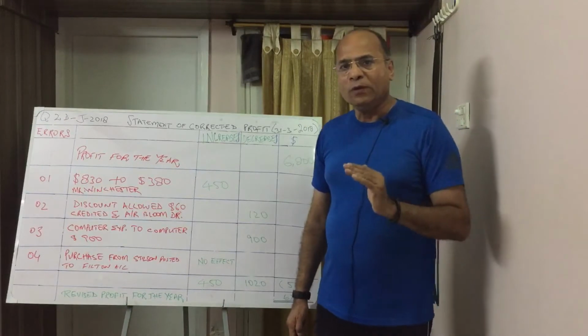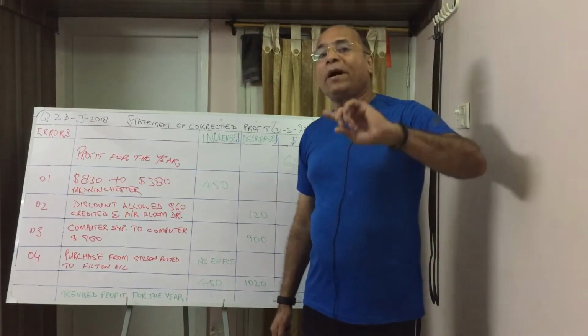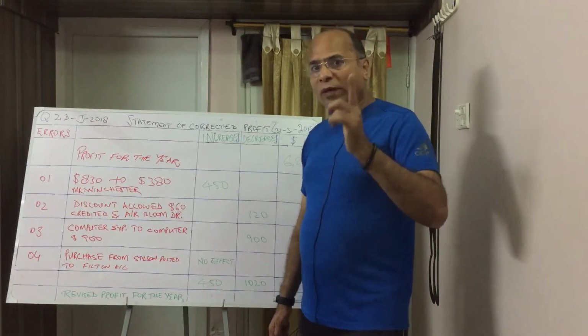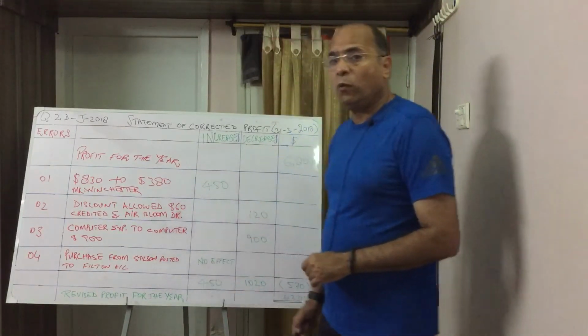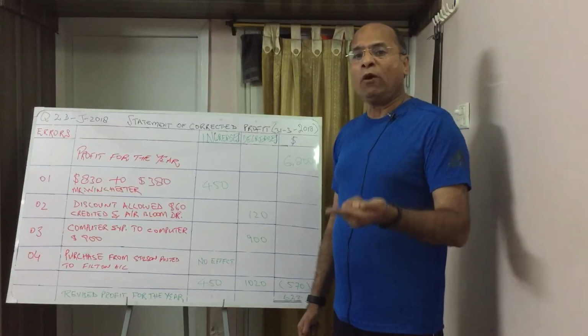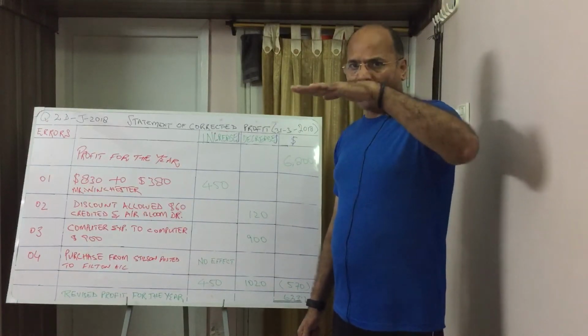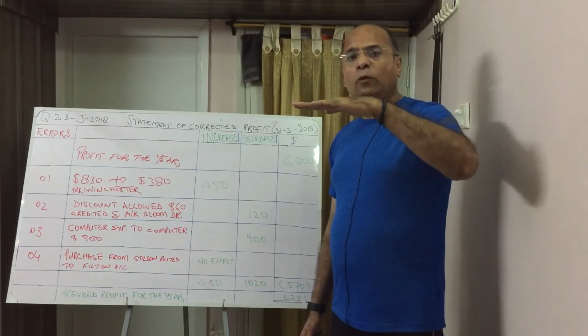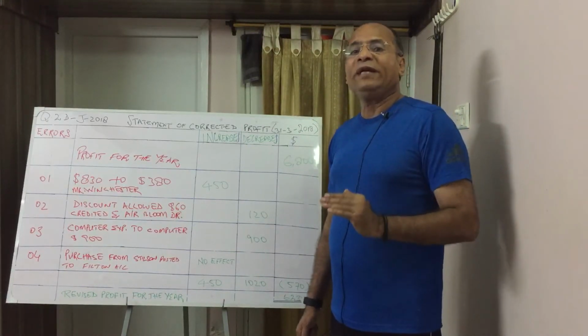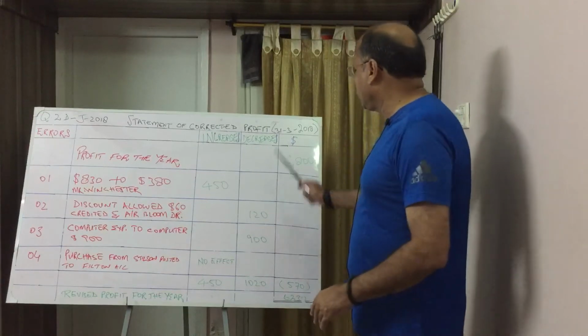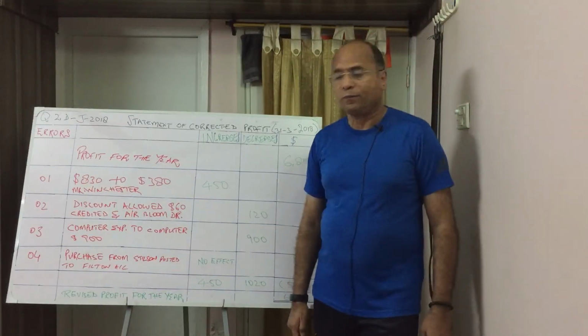So what we need to do, we are supposed to correct the transaction by double. It means we are supposed to record this transaction 60 plus 60, 120. It means we need to record by 120 because of your profit. You were supposed to record the expense, so your profit will go down. But in place of that, you have increased your profit. So now you are supposed to decrease by 120.